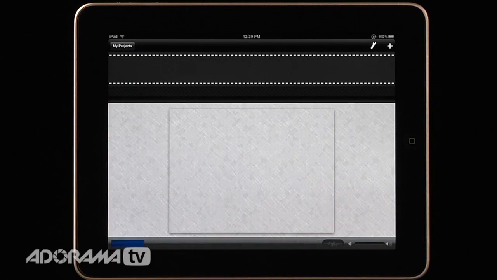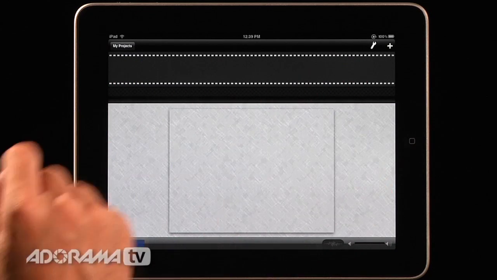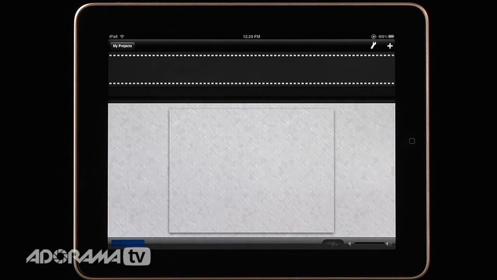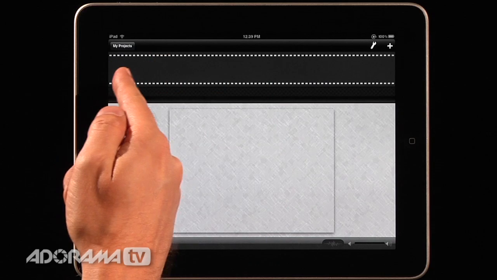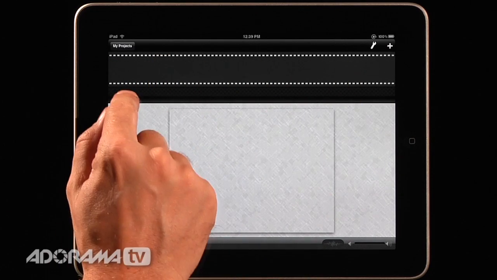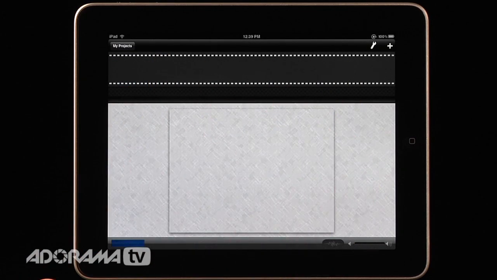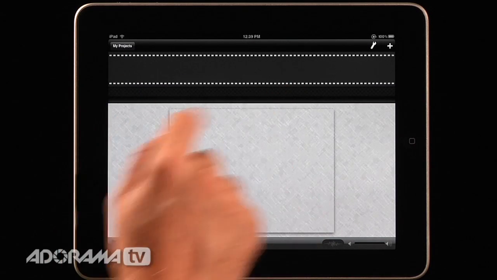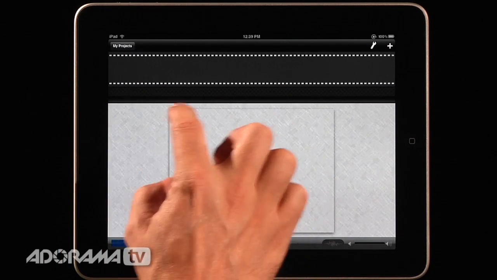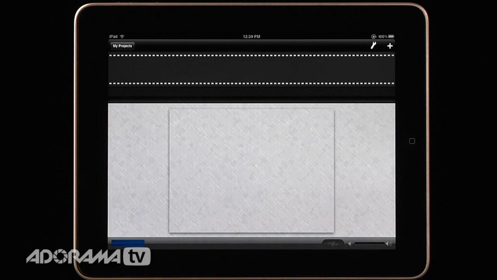And now this interface is pretty simple to understand. Up here is a timeline where I put all of my video or still photos, and it's linear from left to right. It's how the video will play. Underneath that is all where my audio files will go. So if I add music or voiceover components, they will show up on the bottom of that. And this is my main viewing window, so I can see a preview of how my movie is going to